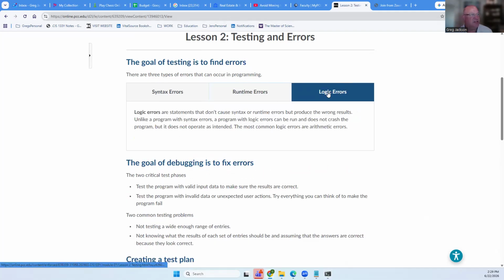Logical errors do neither. A logical error is where there's no syntax error, so the syntax is totally valid. There's no runtime error, so the code actually runs and produces some output. However, there's some weird logical error where the output that you're expecting is wrong. You get something that you didn't anticipate getting. And these can be hugely problematic because no error message is happening and you may not even know it's a